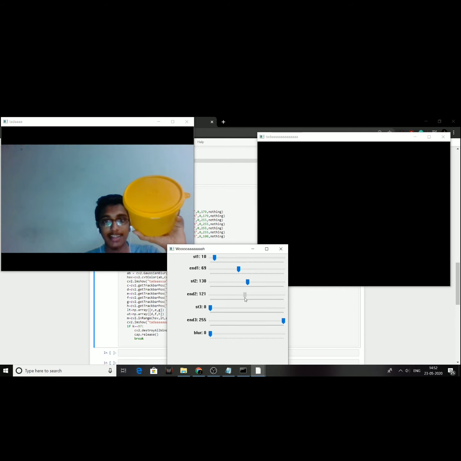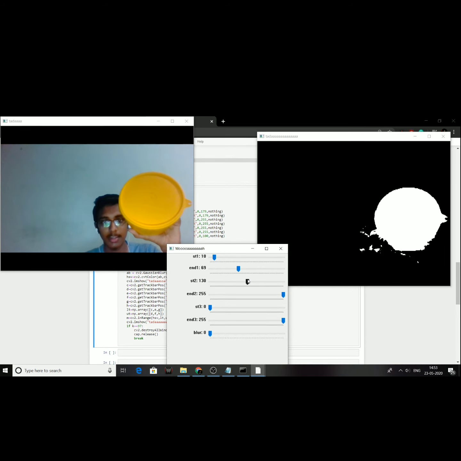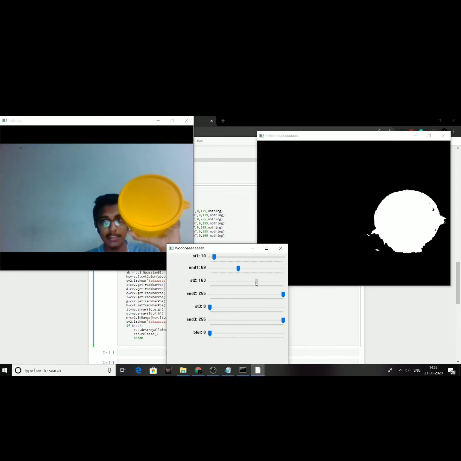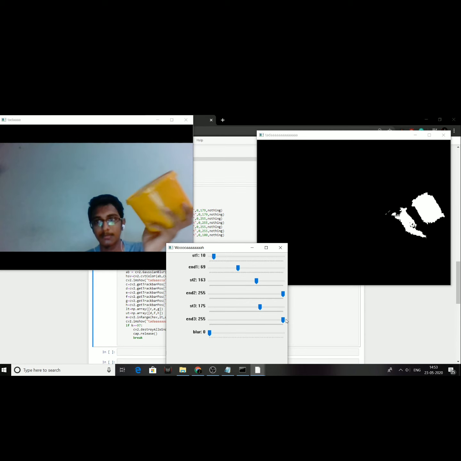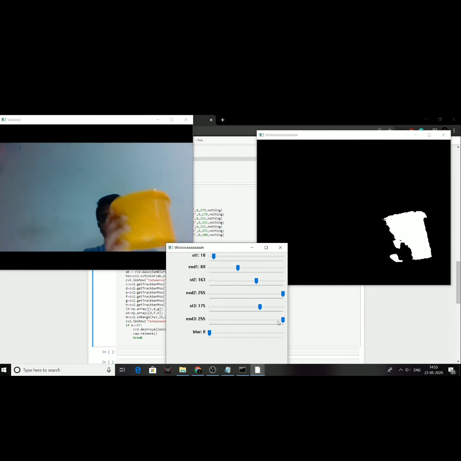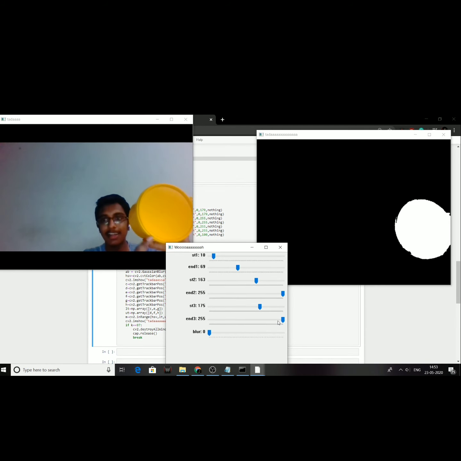See, this becomes black. That means I should scroll it to the right. Like you have to adjust it manually. It's very easy to define threshold. As you adjust, you can see the values over here. So you can find any threshold value for any color. See, it's done. Now it is tracking the yellow color of the ball,